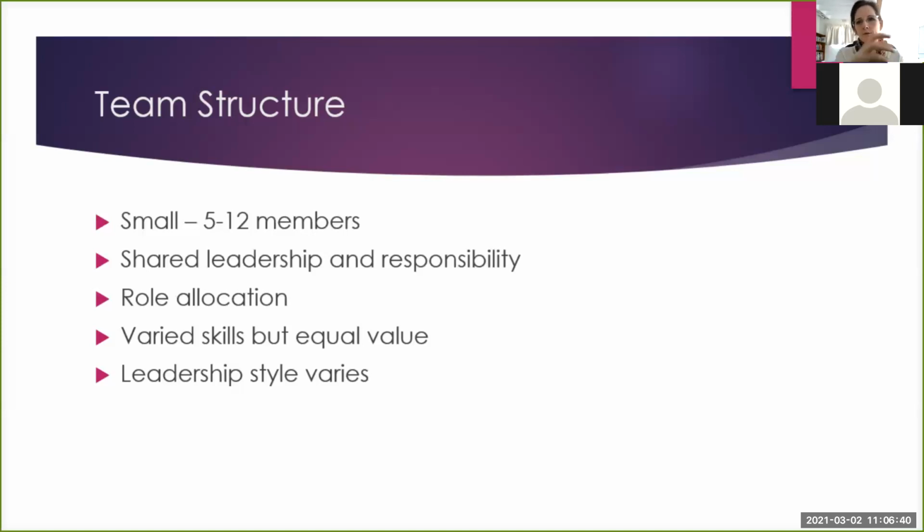So you have to fulfill the different roles needed for that job. You might have a welder and a technician and a battery specialist or whatever it is. You've got multiple different technical skills, but equal value. So there's a sense that every member of the team is important. And when I go back to the family example, I find this particularly useful, that even children need to know that they're a valued member of the team and they have a valued role to play, and they can contribute positively.